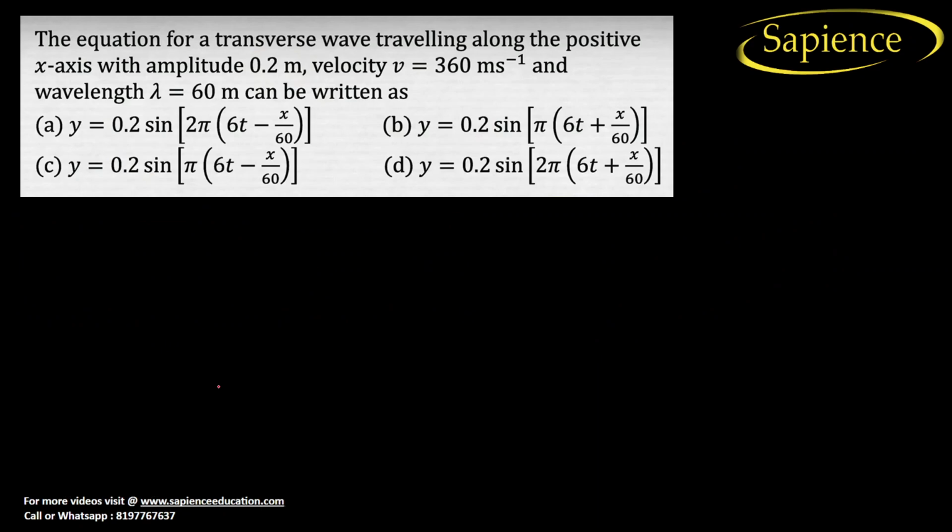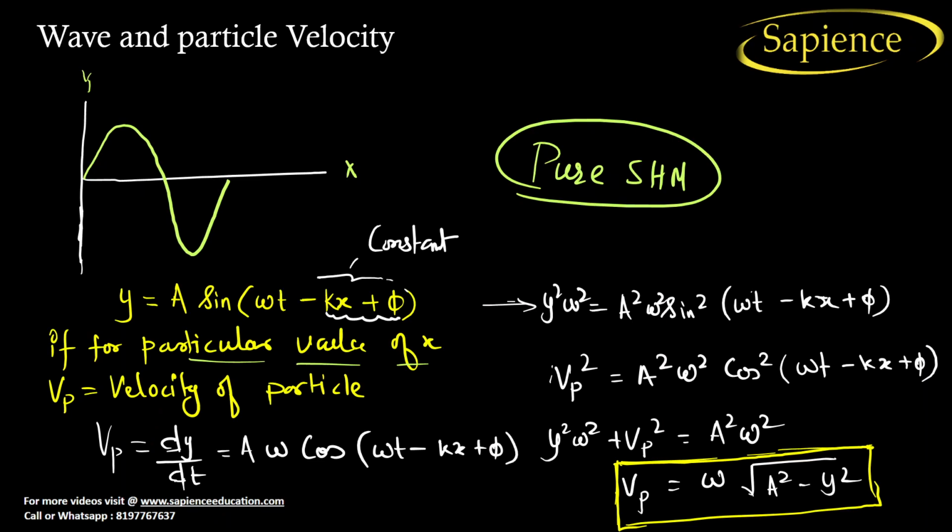Now let us suppose one more question. You can solve this type of question in your own way. Now let us consider wave and particle velocity. So if this is the wave, it has some velocity. As we know, the equation for a wave is y is equal to a sine omega t minus kx plus phi. We can also consider this phi as a constant only